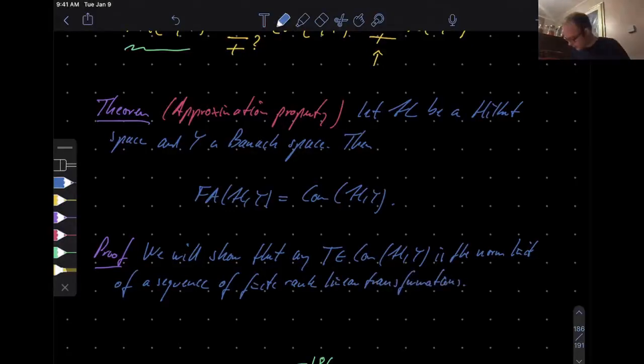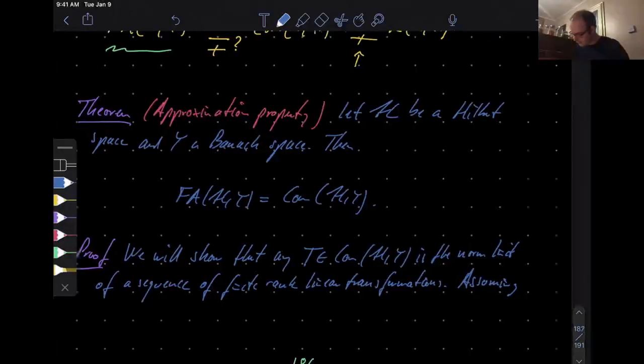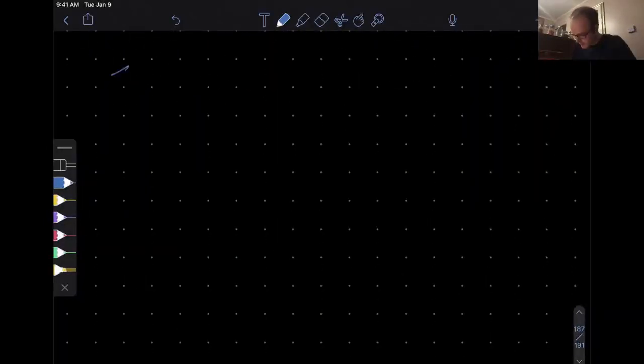All right, so first of all, we may assume that our Hilbert space is infinite dimensional. Why is this? Well, remember what I said earlier: if you have linear transformations acting on finite dimensional spaces, then their range is going to be finite dimensional. Maps between finite dimensional spaces are always going to be compact, and in particular finite approximable, right? So there's nothing to prove if H is not infinite dimensional. So assuming H is infinite dimensional,